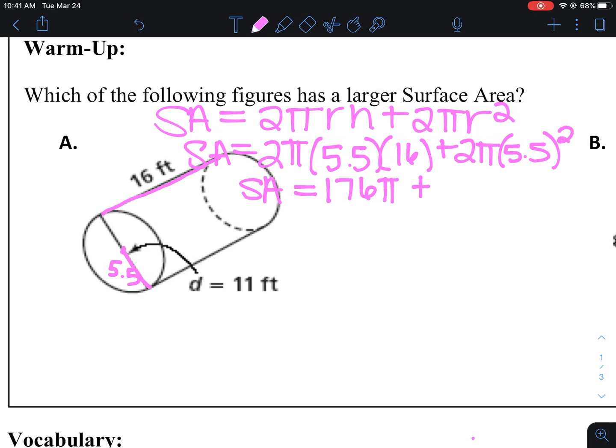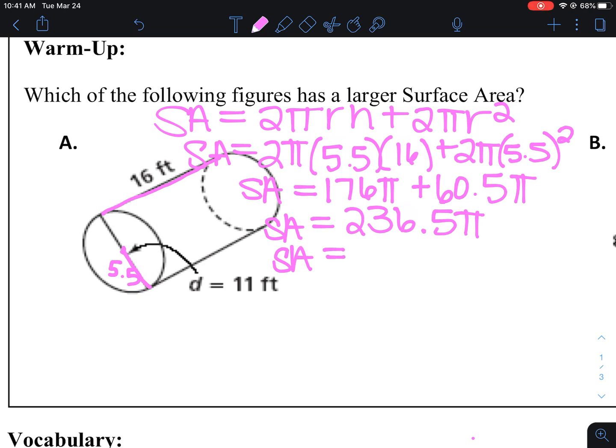This part would become 5.5 squared times 2, 60.5 pi. So when you add these, that is